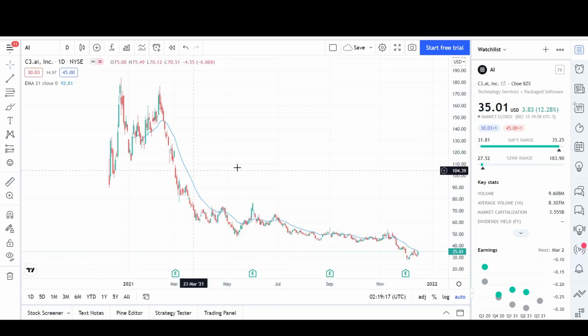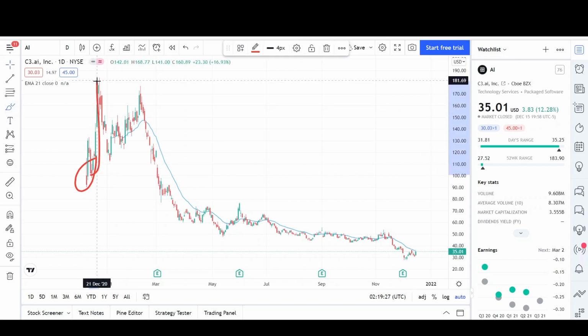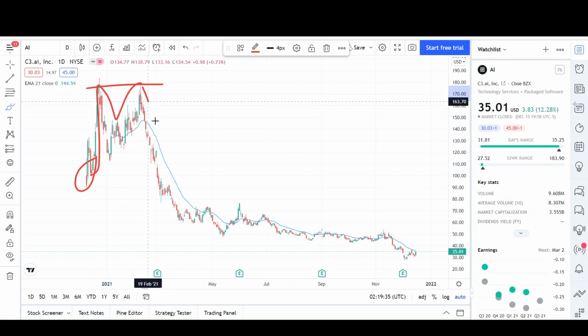So that's pretty ridiculous. You can see that during IPOs, normally stocks, they don't always, but usually they shoot up just to trap everybody. And then look what prices did. They crashed back down. They created a double top, which is a reversal pattern normally, and prices have been selling